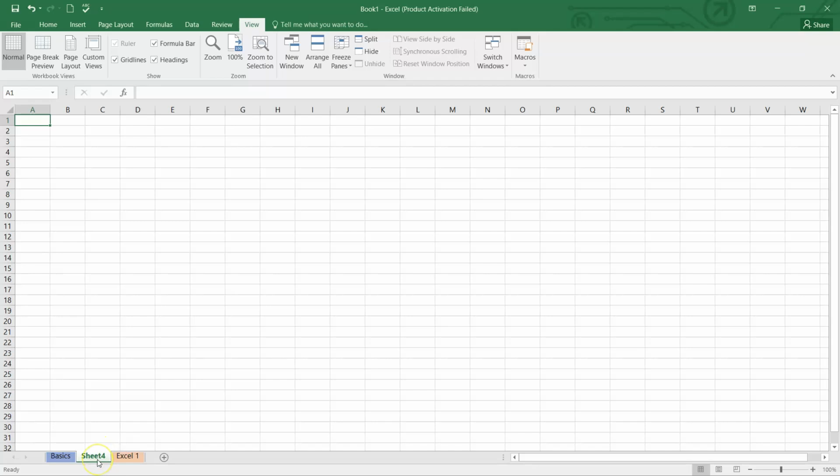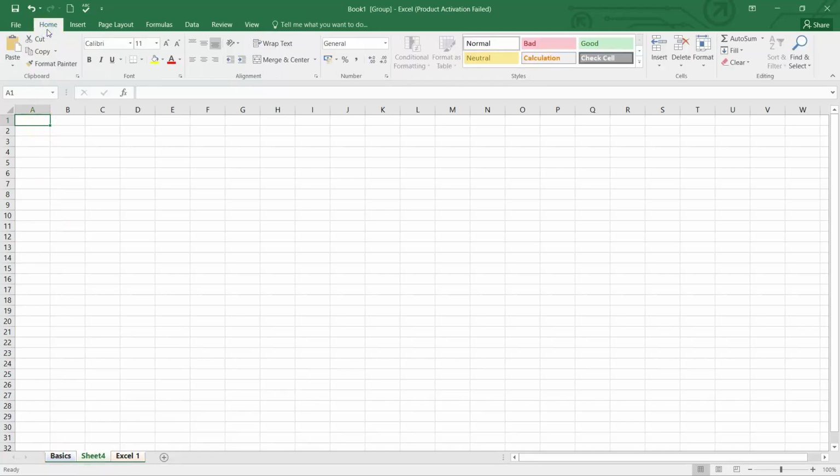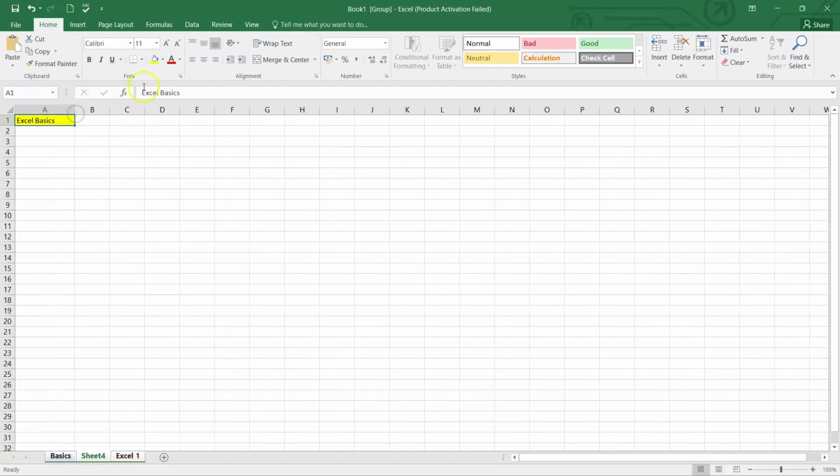Now, moving back, if I want to select all the sheets, what does select all sheets do? If I click on select all sheets, it will select all the 3 sheets that are there. Now, anything that I do in my main sheet will also replicate on the other sheets. For example, if I'm writing here, Excel basics. Okay, I wrote Excel basics. I gave it a certain color. Suppose I want to give a color to this particular cell, fill it, change the text color, or make it bold or italic. Whatever I'm doing to one sheet will also be replicated in the same manner on the other sheets as well. So if you go to basics, you will again see the same thing.